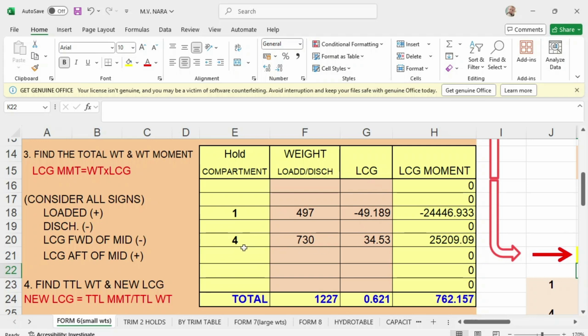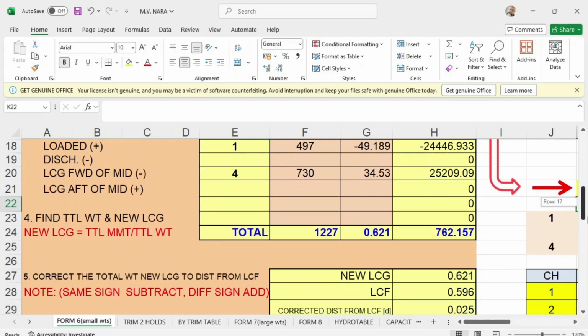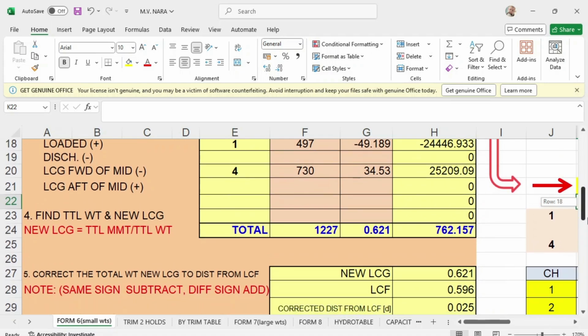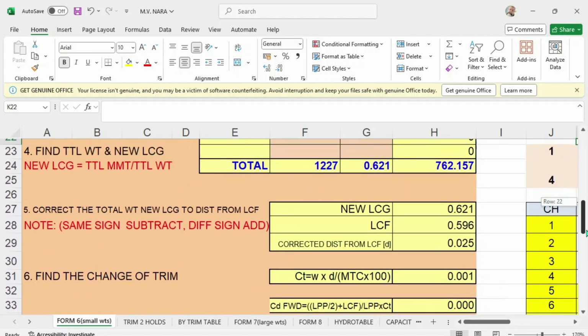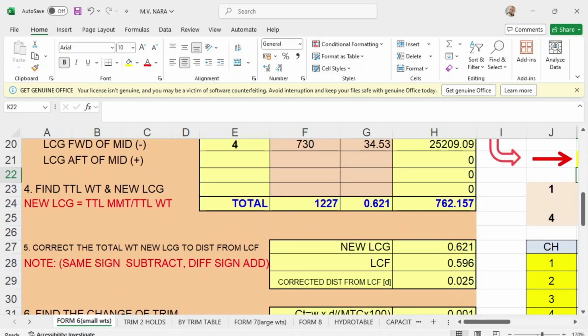This is the LCG of hold number 4, and you will have a new LCG of 0.621, which is almost the same.